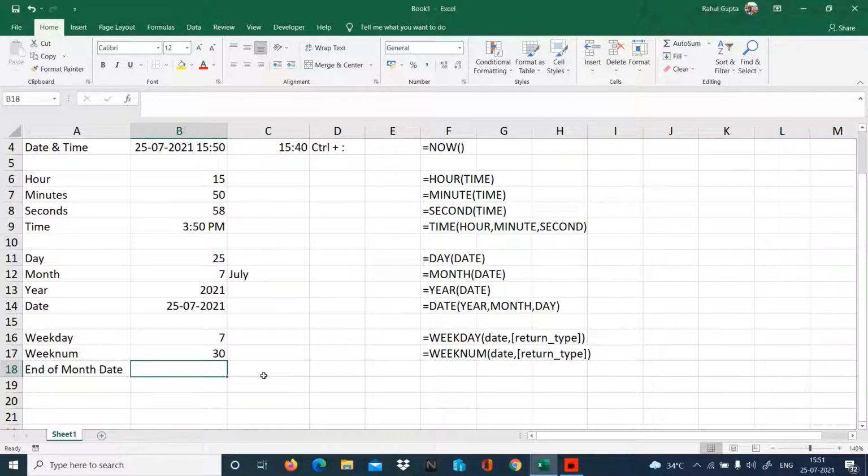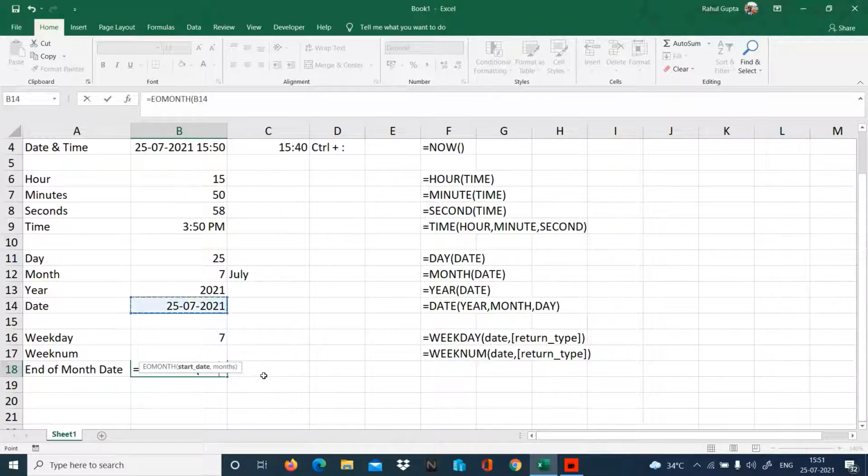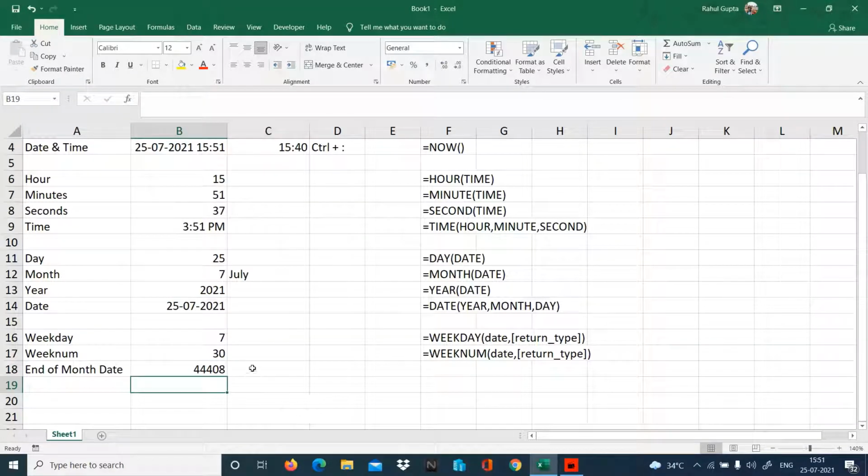So I'll type is equal to EOMONTH, that's my start date, comma, months it's asking. If I type 0, it's for the current month. So 0 is for current month. We are going to get the current month's last date. It's giving me some number value. So I'll just select this date, use format painter, and click on this. It will automatically be formatted to the date. 31st/7/2021 is the last date of this particular month.